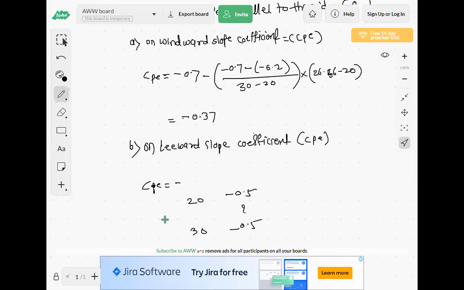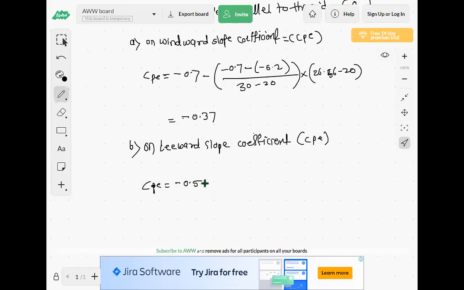It means this answer again minus 0.5. Shall I write directly, or we can write directly? So this answer will be minus 0.5,